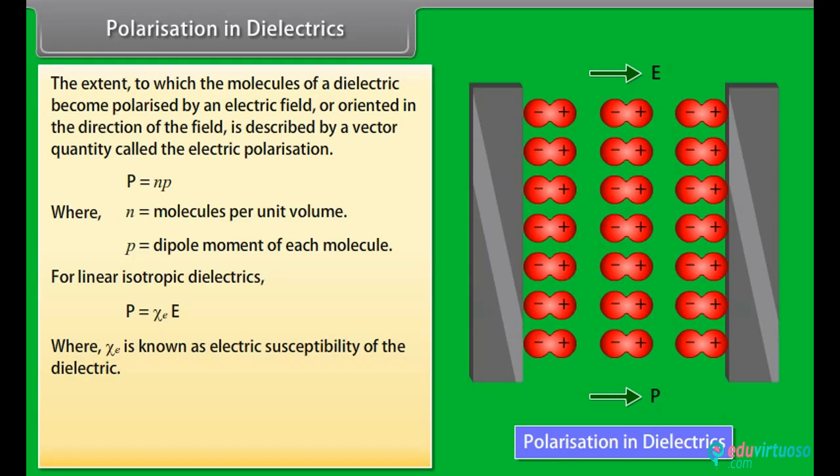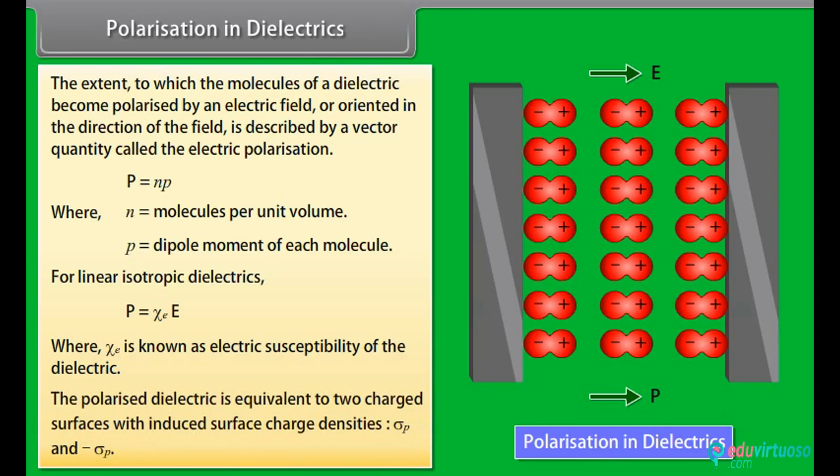of the dielectric. The positive ends of the dipoles remain unneutralized at the right surface and the negative ends at the left surface. The unbalanced charges are the induced charges due to the external field. The polarized dielectric is equivalent to two charged surfaces with induced surface charge densities positive sigma p and negative sigma